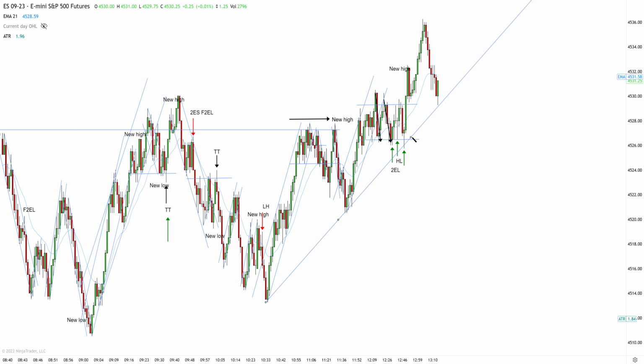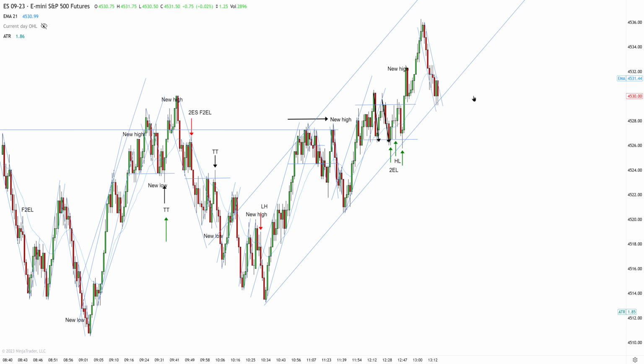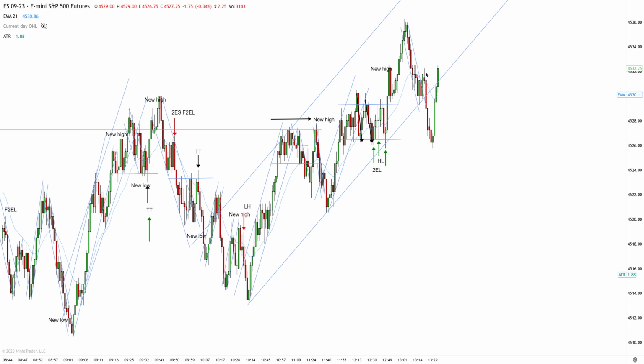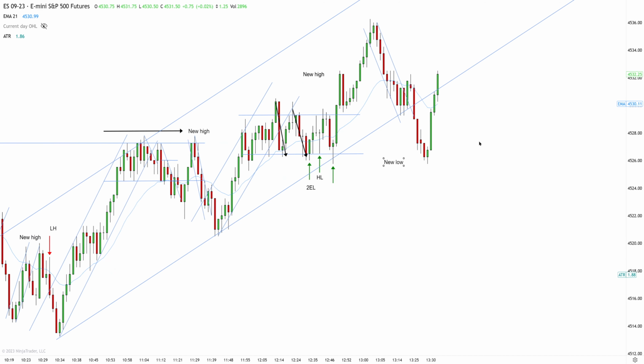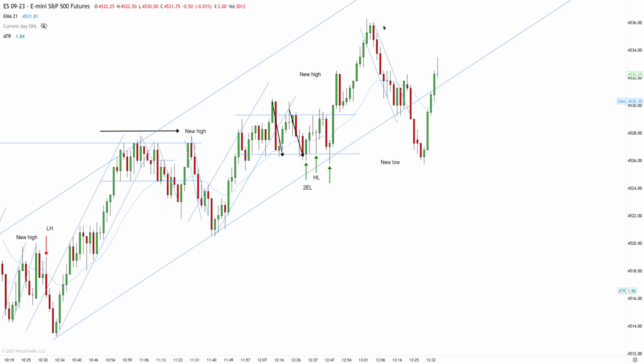So what I'm going to do, redraw a channel like this. At the same time, I'm going to respect the short-term downtrend, short-term correction. You can see the downtrend is in play. We have a break to a new extreme. And now what am I looking for? High-low confirmation of the two-legged pullback or a failed second entry short, because this uptrend right now needs to get a new